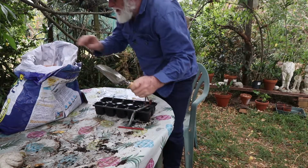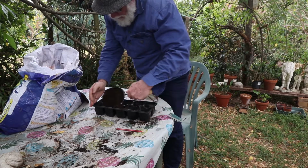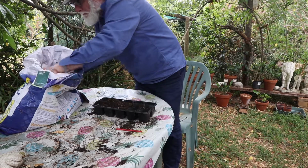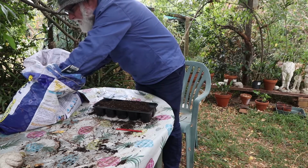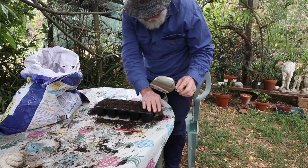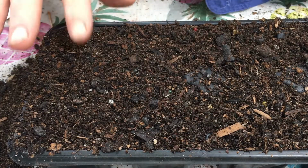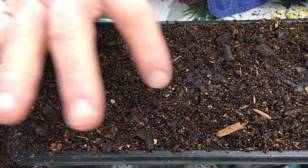Now I've got my trusty little trowel. All I need to do is fill this up. Probably could have had this done, but I've only got the one tray at the moment. Right, now all I want to do is just put a little dent in the top